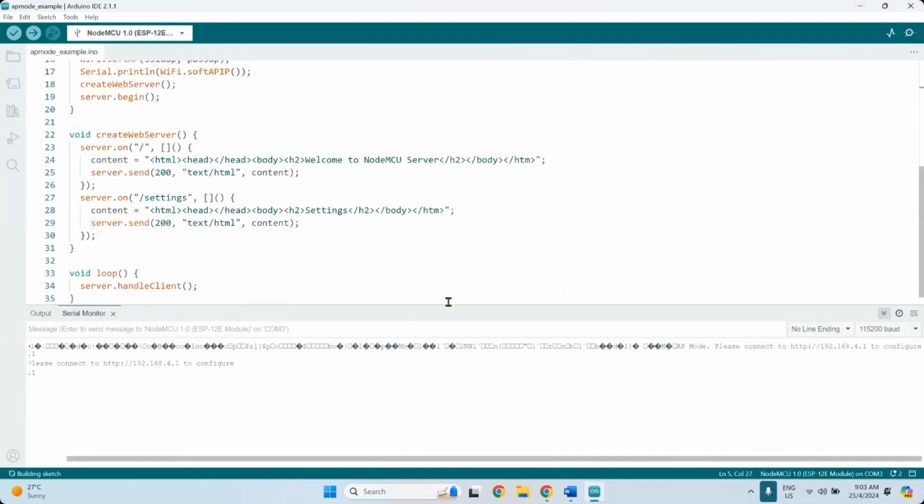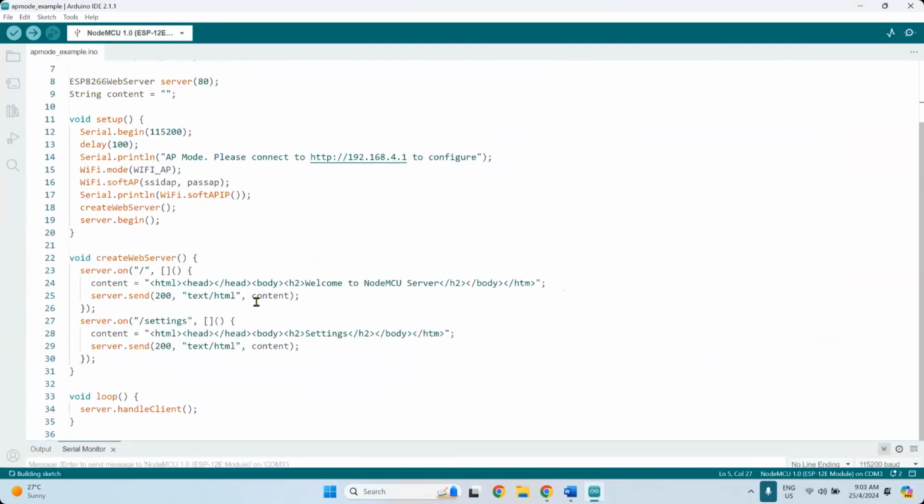Okay, so I think this one is very straightforward. And usually, when do you use this? If you want to do some configuration, if you want to configure your ESP with settings like the AP name. If you want to change to a different AP name, you can store the data.